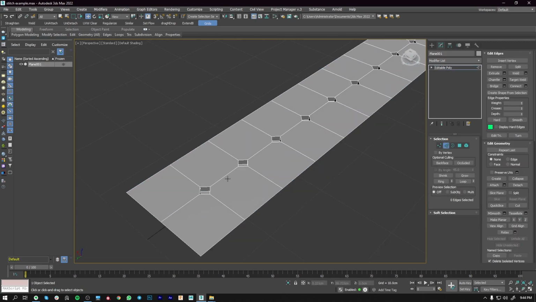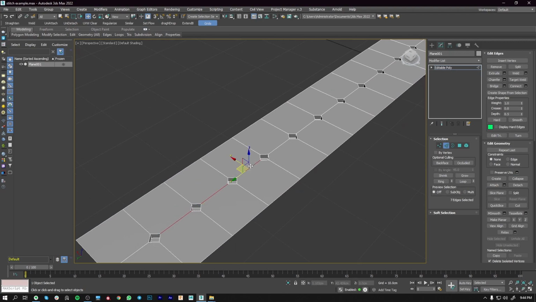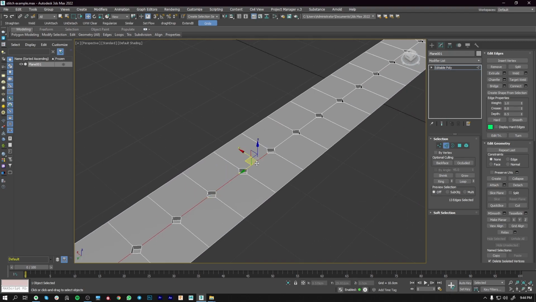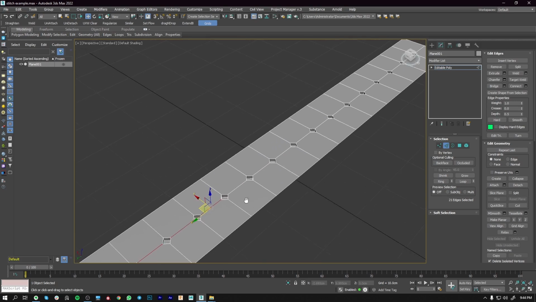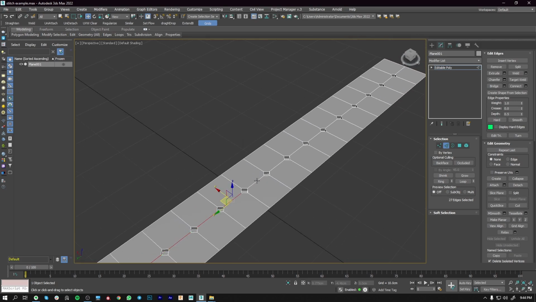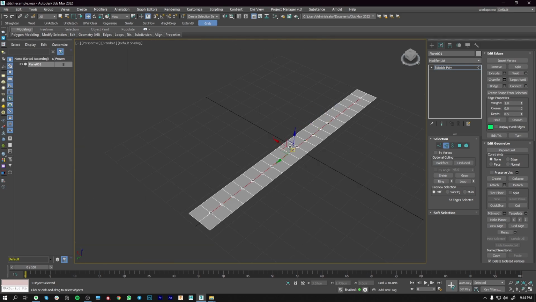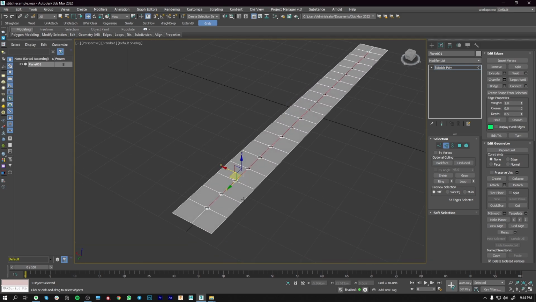Next we are going to select all these edges, so I'll double click on this to select them. Then I'm going to come under create shape from selection and create this linear shape.